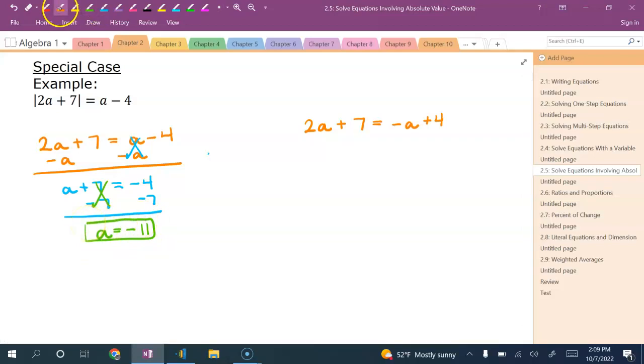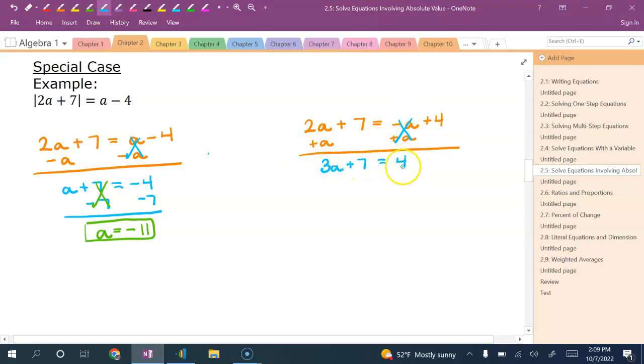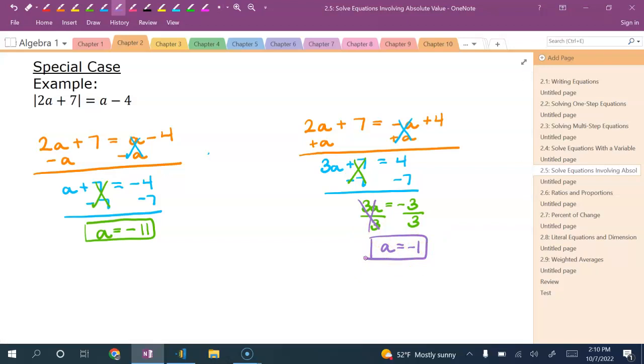On the other side, I'm going to add a. So I have 3a plus 7 equals 4. Then I'm going to subtract 7. So I have 3a equals negative 3. Then I divide by 3. And I get a equals negative 1. So far, looks fine. Looks very similar to what we were doing before, just a little bit more work with solving those equations. However, if I go back and I start to check my work here,